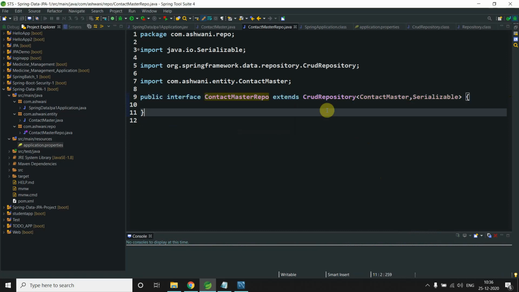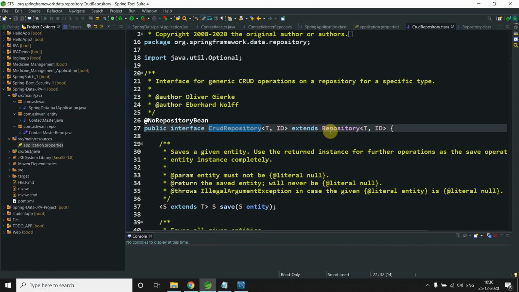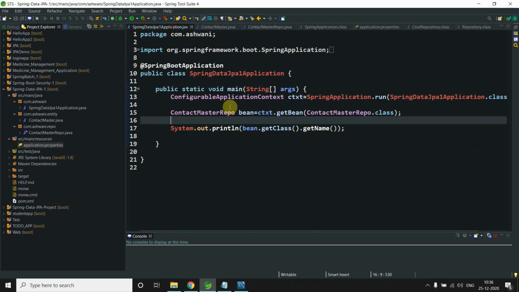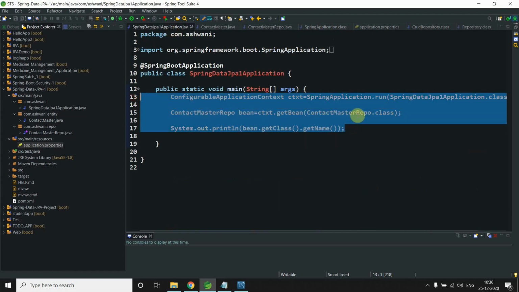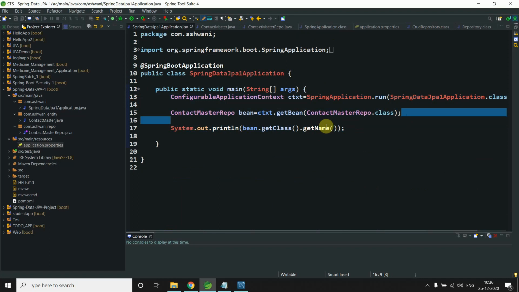That's why we are extending this repository interface, because it indicates to JPA that it now has to give a runtime implementation for this interface. So when some interface extends CRUD repository and CRUD repository extends this, JPA gets to know, okay, now I want to give the implementation. Got it? That is why we are using this repository marker interface.